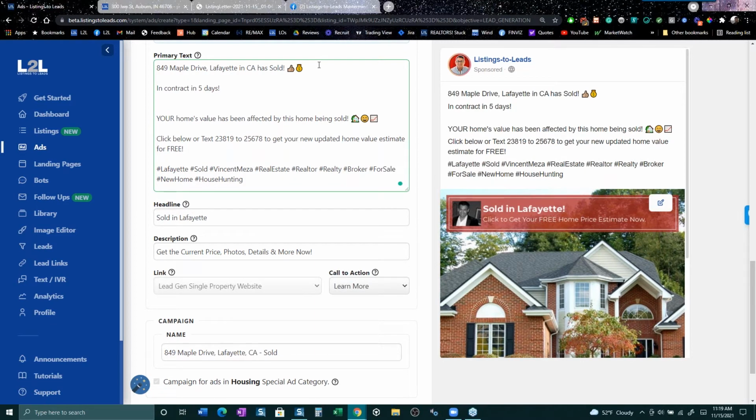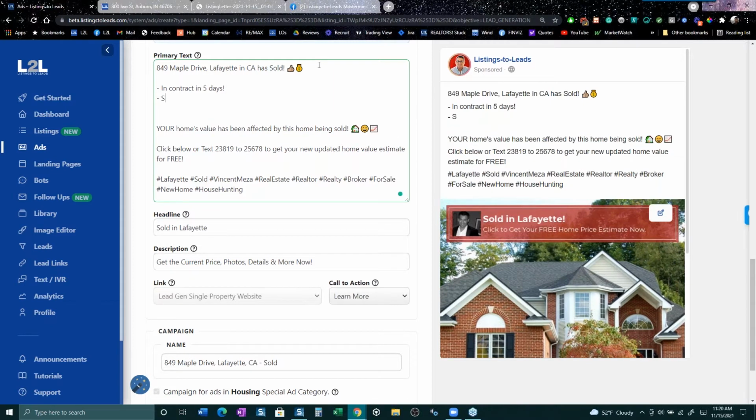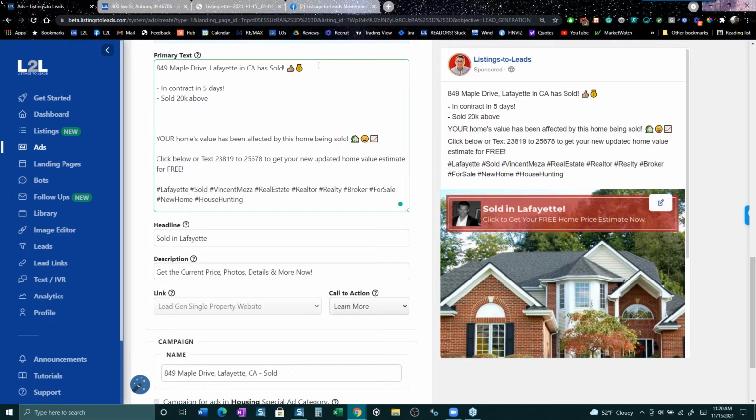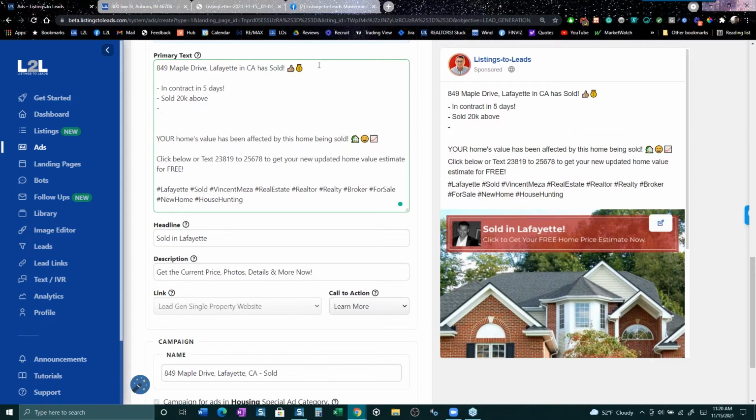Notice as I write it on the left box, it shows up live on the right. So it's going to actually show up on my ad: in contract in 5 days. Did it sell, I don't know, 20K above asking? Because that's happening a lot. Inventory is tight. You might still have 7 qualified buyers